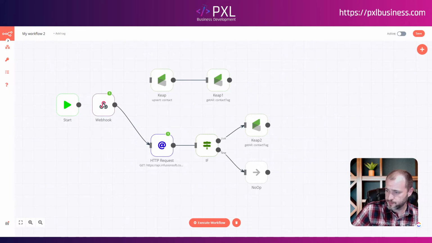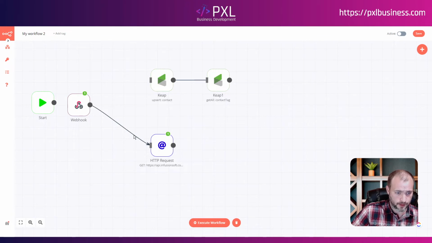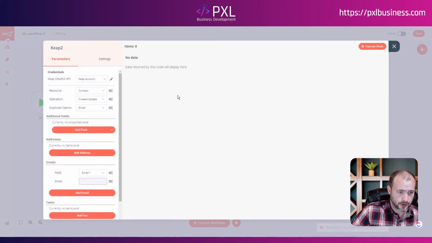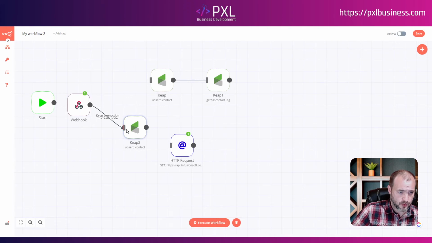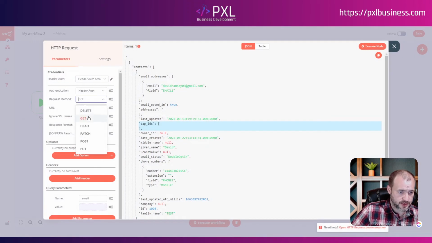Depending on the format of the data that you have coming in, you can prep your data from a website to kind of clean it up, to give you the format for n8n, but once you have it, again, you can go ahead and, let me just delete these, and retrieve the contact record. Once you have the contact record, you can then send a patch request,